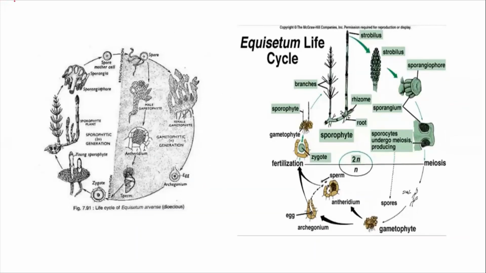When we go for the Equisetum life cycle, you can see here, this is the adult sporophyte. This is the fertile shoot forming the strobilus. The strobilus consists of a central axis. Around the central axis is the sporangiophore. Here you can see this is a disc-like structure. Below the disc, you can see all these are the elongated sporangia. There are about